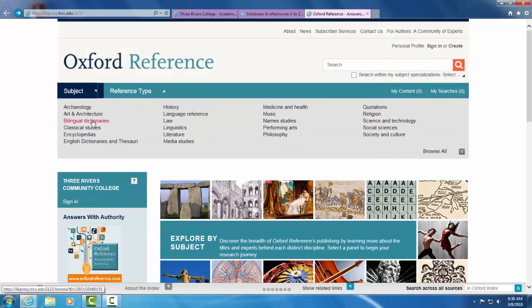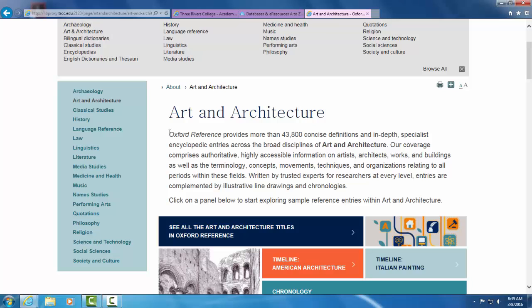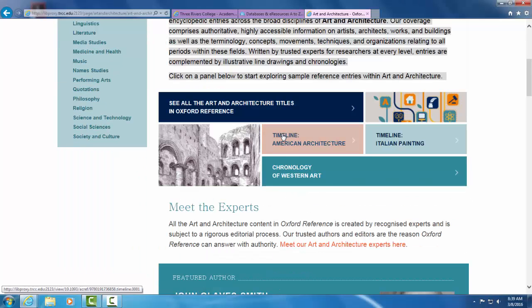These same subjects that you see right here, you also see them listed down here in the pictures. Here's archaeology right here. Here's archaeology here. When you click on the picture down here, look what happens. First, it comes up with brief information about this subject, and then it tells me I can click here for